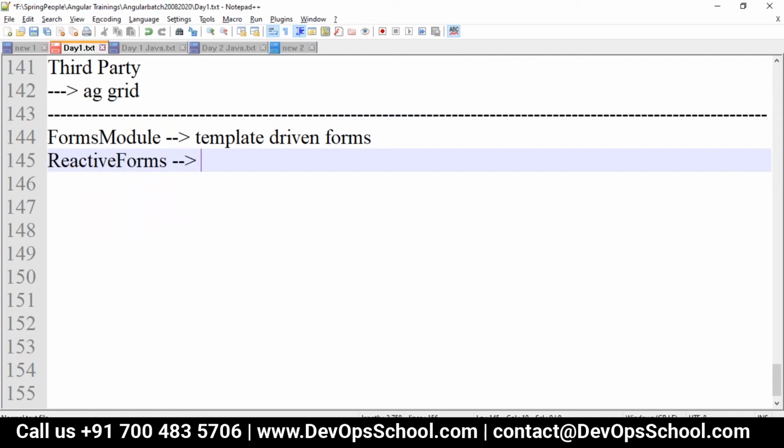So reactive forms are what you want to go with whenever you have a huge form, or dynamic forms, basically when you have a huge amount of data and you want to design big forms, not only simple forms. So where will we go with reactive forms? Let me show you.